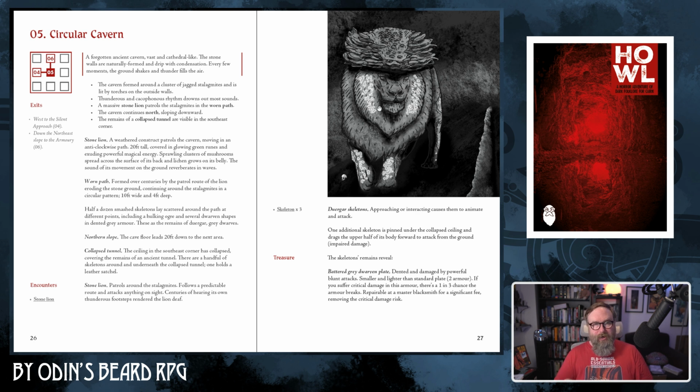This stone lion is, so the premise of the dungeon is that an ancient elven wizard lived here a long time ago, doing some strange experiments with the energy in the area, the stone, creating constructs. So this lion was essentially a guard dog, and it's patrolled the same route for so long that it's worn down the stone, and the thunder of its footfalls for hundreds of years has basically